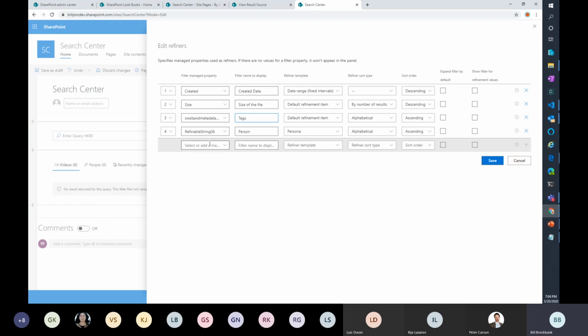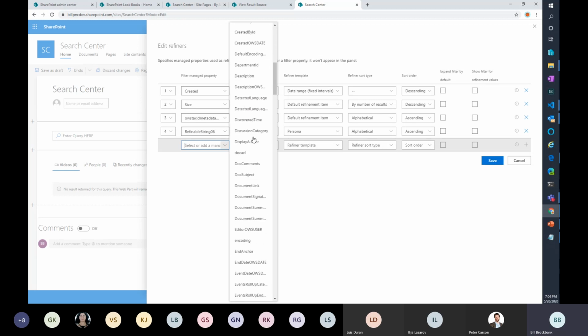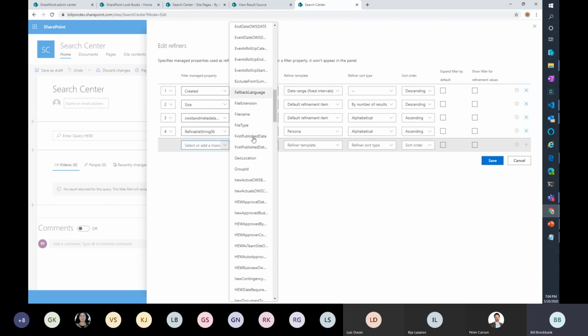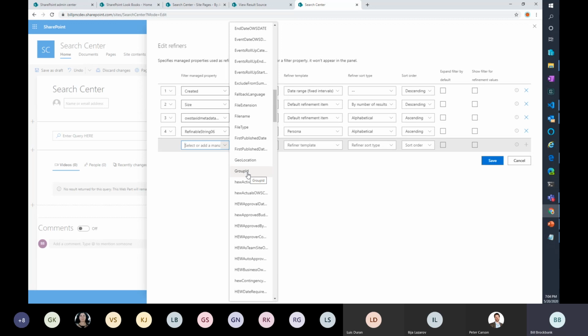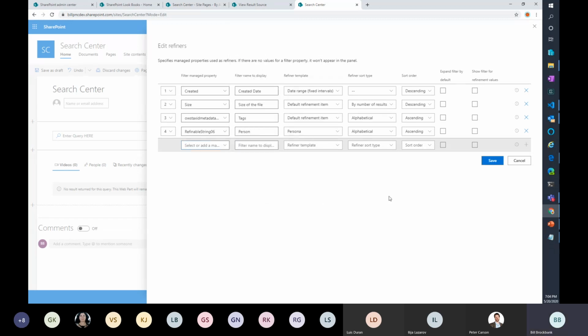Cancel that. To add a new one, you open here and you get all the out-of-the-box fields that have been defined for you to use that have values. There's a group ID field in there that I can pull for a refiner. These are a lot of built-in fields that I have for this project. You'd find the refinables if you've defined them in that list. If you can't find them, you can just paste them in and set a value. I think there's a 10 one in there, so you can use that. It's the mapping for the property, so it's very helpful when you want to do any refiners.